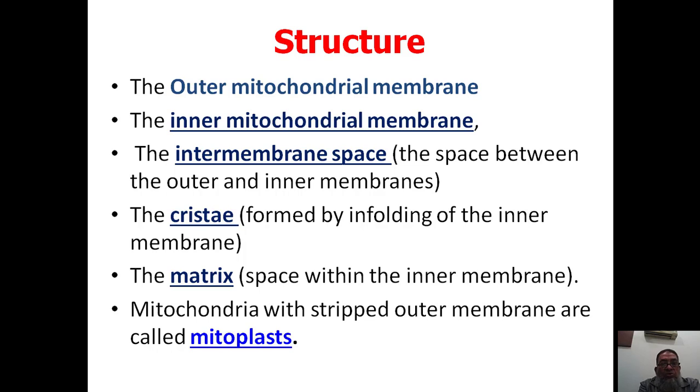Now we come to the histological structure. The mitochondrion consists of the outer mitochondrial membrane, the inner mitochondrial membrane, the intermembranous space, that is the space between the outer and inner membrane, the cristae formed by the infolding of inner membrane, and the matrix space between the inner membrane. The mitochondria with stripped outer membrane are called the mitoplast. तो माइटोप्लास्ट की क्या डेफिनेशन है कि हम अगर स्ट्रिप कर दें आउटर माइटोकॉन्ड्रियल मेम्ब्रेन को, देन द माइटोकॉन्ड्रिया इज कॉल्ड एज माइटोप्लास्ट।